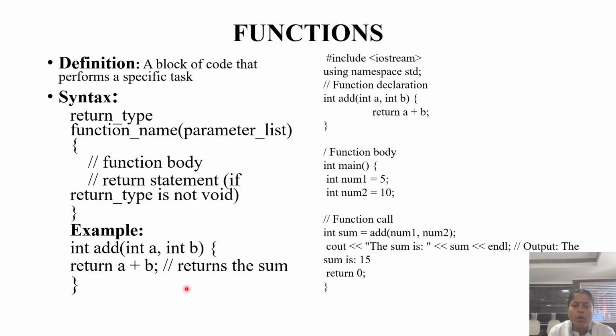The function is for adding two numbers. Here the return type is given as integer, and two values are passed as parameters, which returns the added result. On the right side, this is the whole function for adding. Here, this is the function declaration. We must declare the function before the main function, and we can call the function